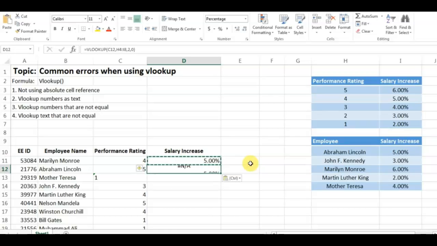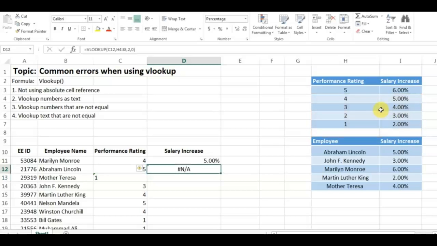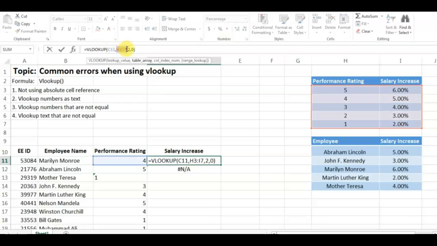Now, we shall try to copy and paste in the second one and get the result. But here we get NA. So what is the mistake? If we see the formula, equal to VLOOKUP C12 is correct, but the reference has gone wrong. So if we drag it, the reference also gets dragged. Hence, VLOOKUP gives NA. So in order to correct this, go to the formula bar and freeze